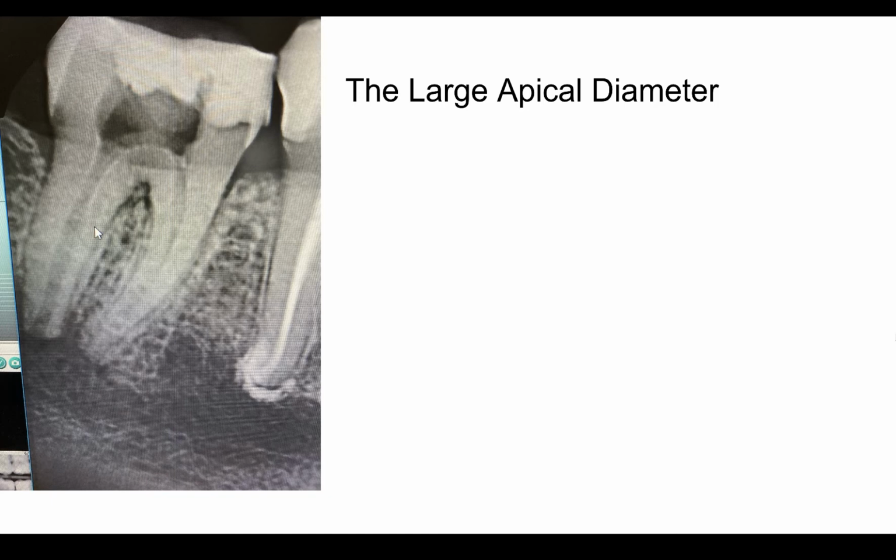So this is the image here. As you had astutely identified, the distal root of this lower second molar is rather large. So first and foremost, when do these arise? We often see these with immature apices. It's not too uncommon that a late teenager, early adult will have an open apical diameter on their second molars as these roots are still forming. I'm not sure if that's the case here. I don't know the exact age of the patient, but I do think you had said it's a younger adult. Neither here nor there. There is a large open apical diameter, but I think it's important to know how it